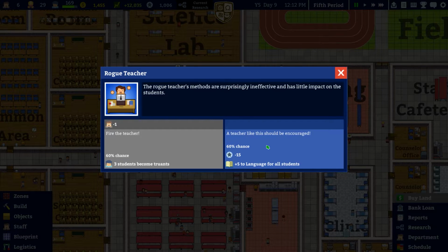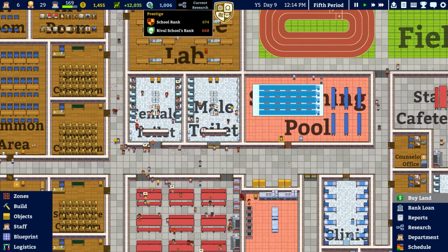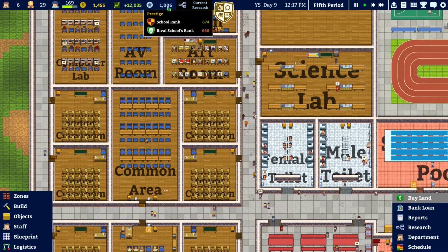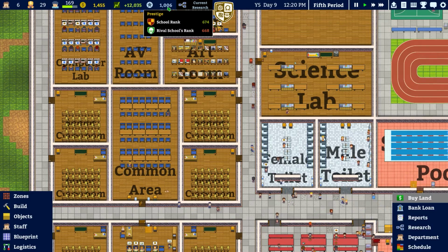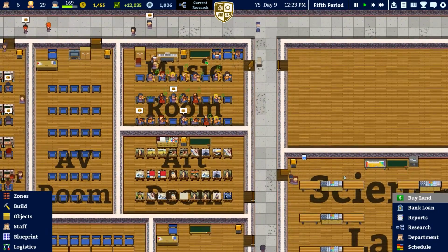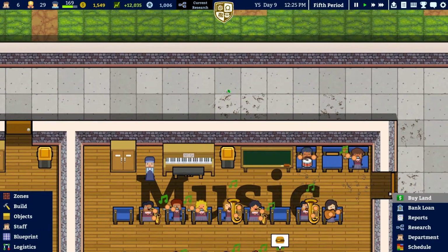And the rogue teacher's methods are surprisingly ineffective and has little impact on the students. So it has not altered that. Okay, so not only did we not lose the prestige, because the success was to lose prestige but gain some knowledge in language. So actually failing it has basically had no effect whatsoever. So we've still got a rogue teacher. So yeah, that little pixel line there is...